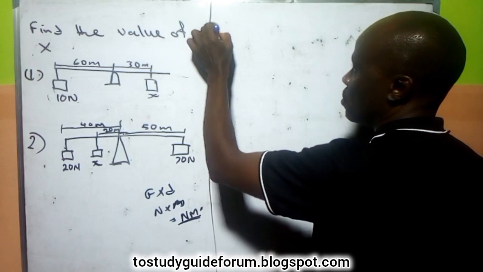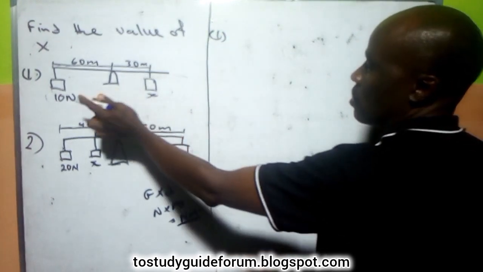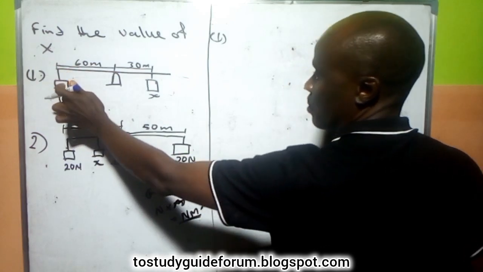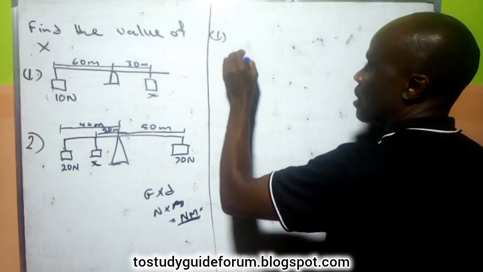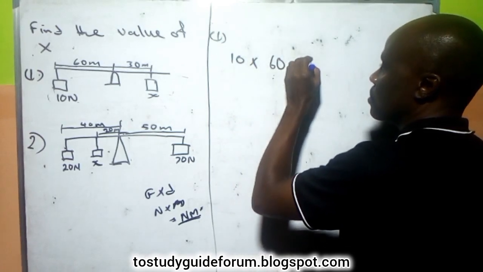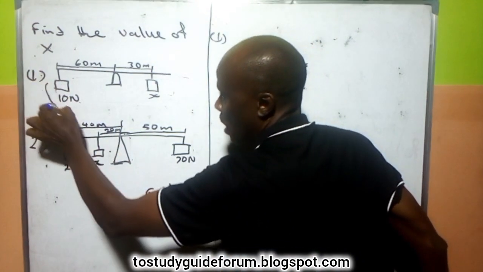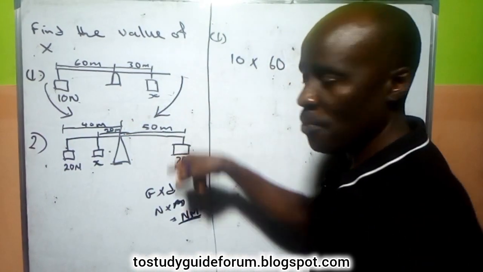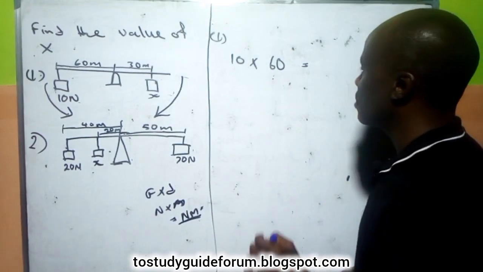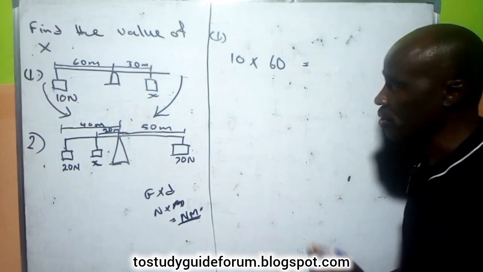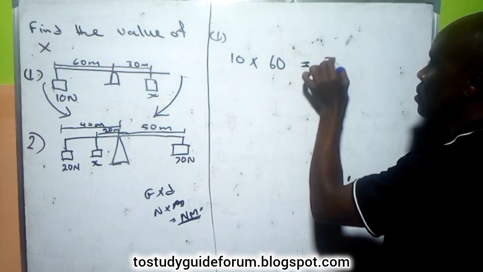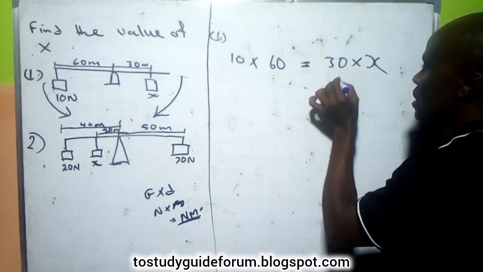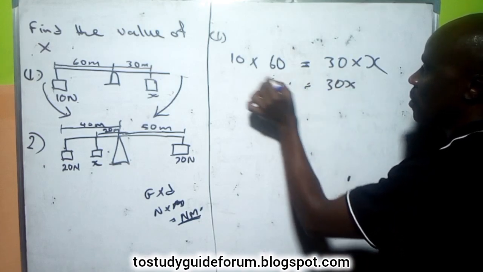From this first one, to solve the first one, the perpendicular distance from the line of action of the force, we have 10 times 60. This one is the anti-clockwise, and this one is clockwise, because it's moving in this direction. The principle of moments says that they are going to be equal. That is equal to 30 times what? Our x. 30 times x will give us 30x, while this will give us